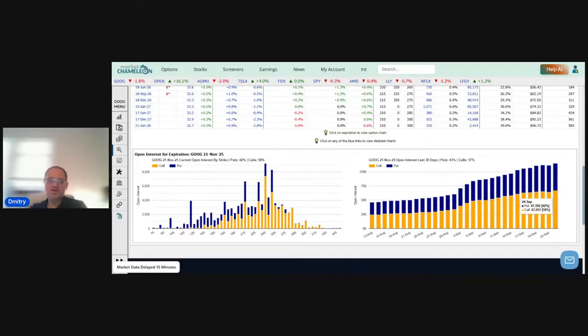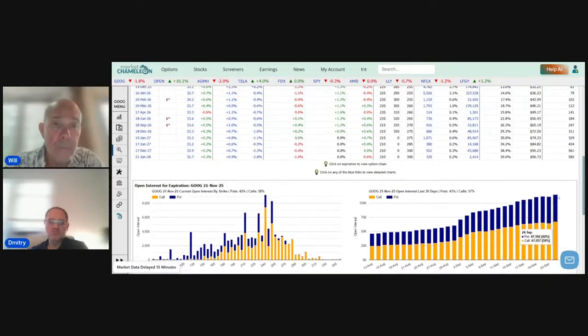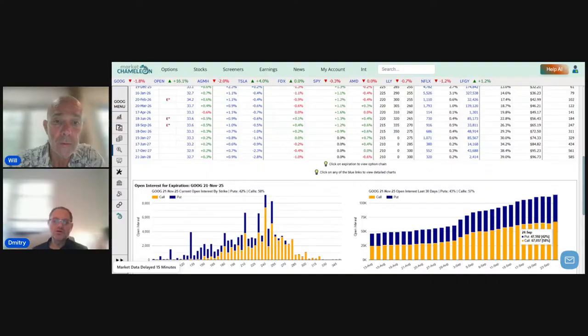are holding on to their positions as this open interest climbs. So I'm going to stop right there. I want to give that brief overview of how to look at that trading volume in a quick graph